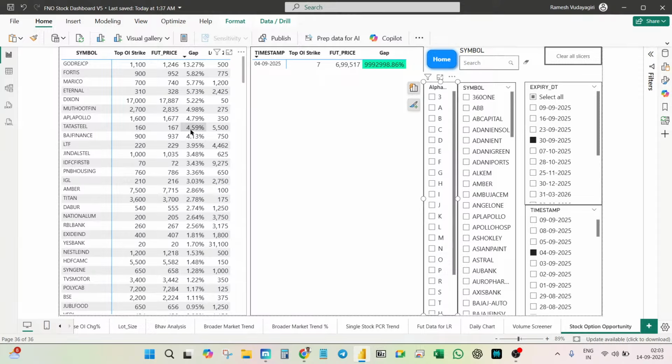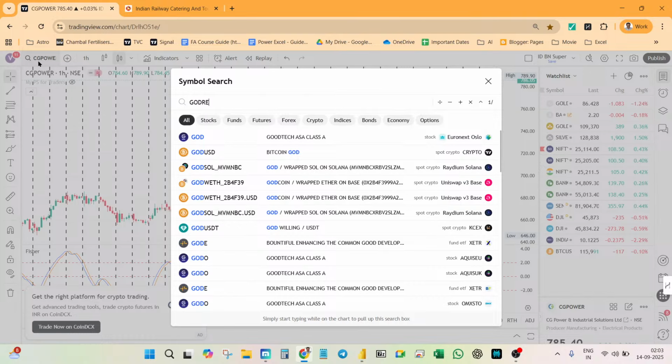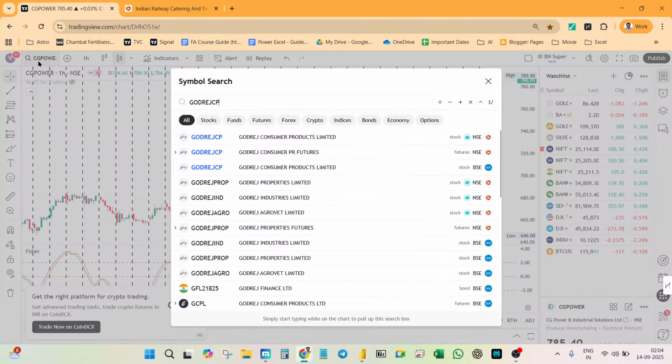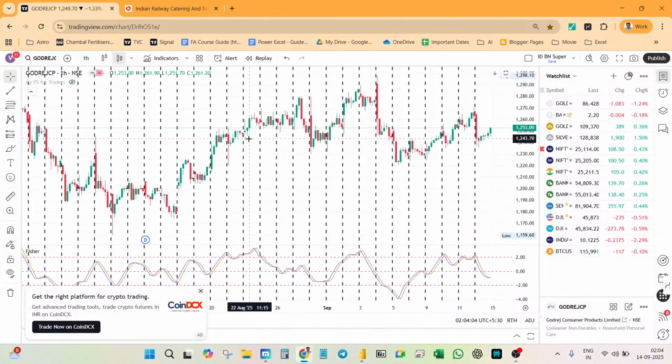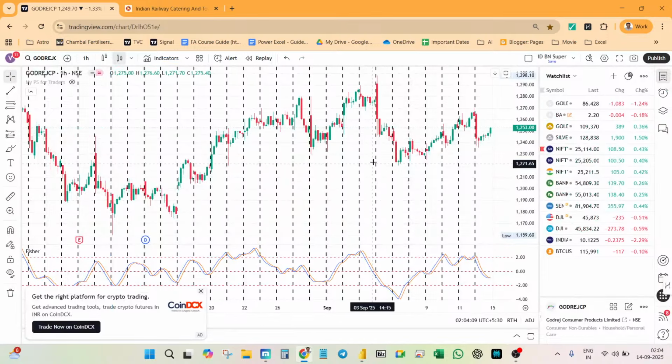Godrej CP, I want to see the highest Tata. Okay, let me check Godrej CP, 4th September. Okay, this is a very classic example. On 4th September,